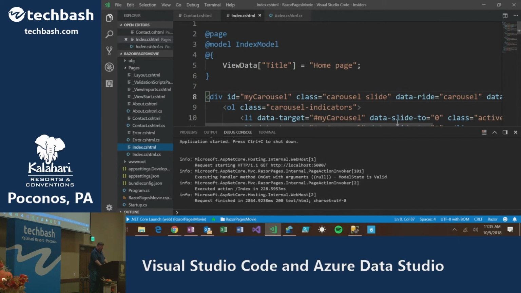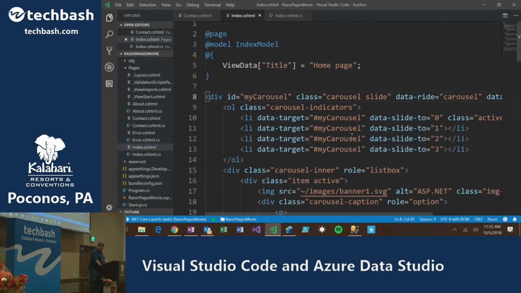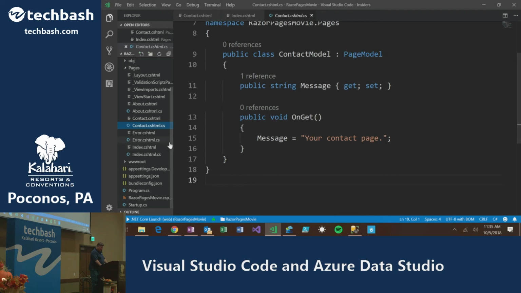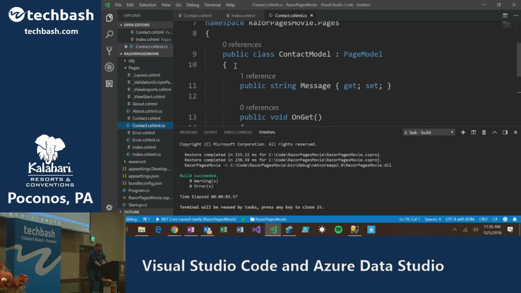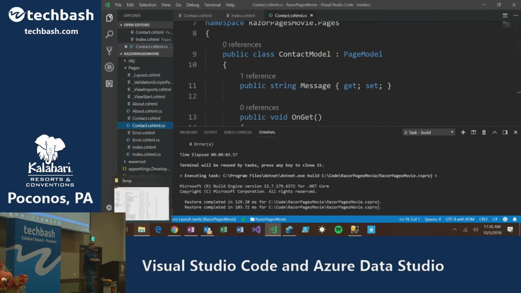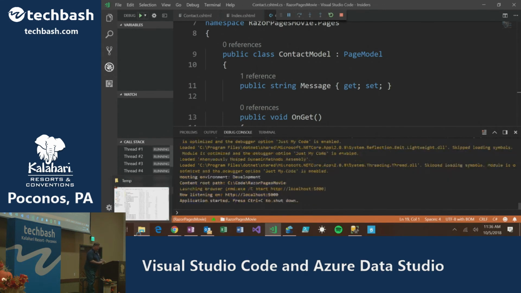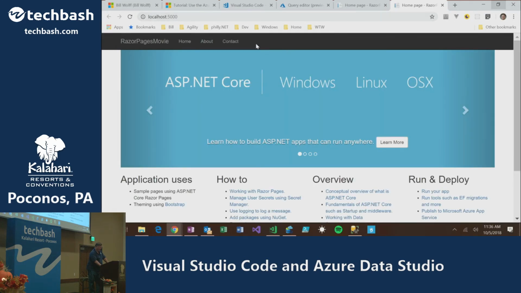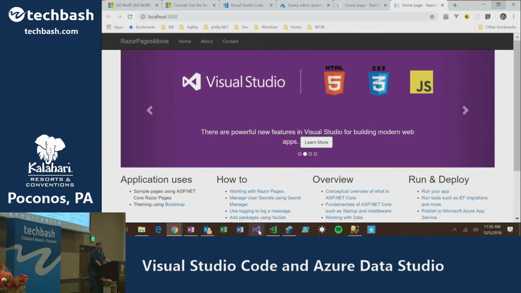Suppose we wanted to actually do some debugging. One of the things we might do is, let's go to the contact page. And in the contact page, let's put a breakpoint. So the breakpoint, just like you would use in Visual Studio, you can put that right there. And then you go to debug and you do an F5, and that'll run the website again. And this time, it will work a lot more like Visual Studio. Now watch the bottom taskbar, if you can see that.